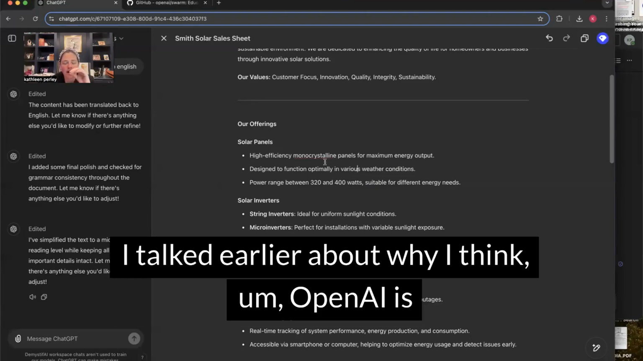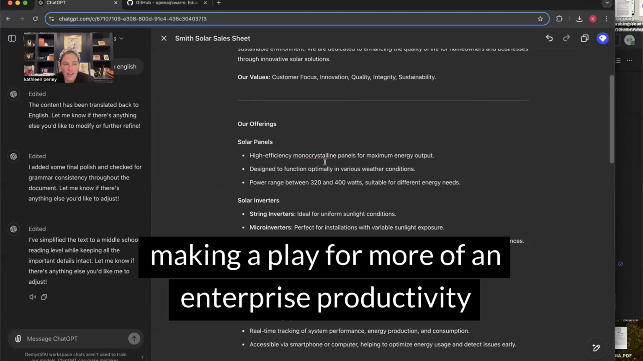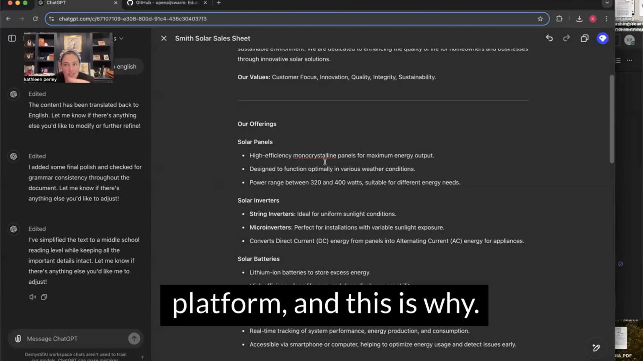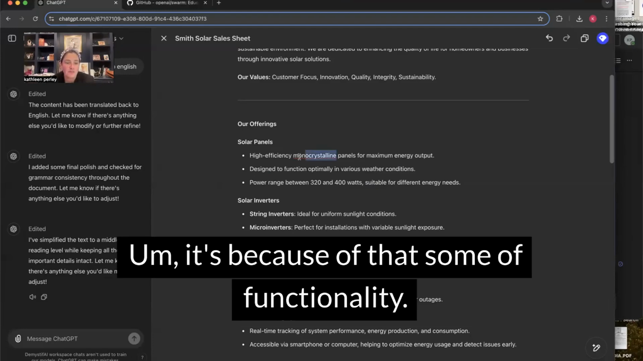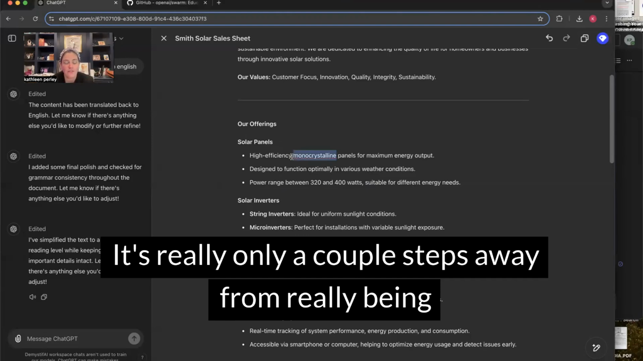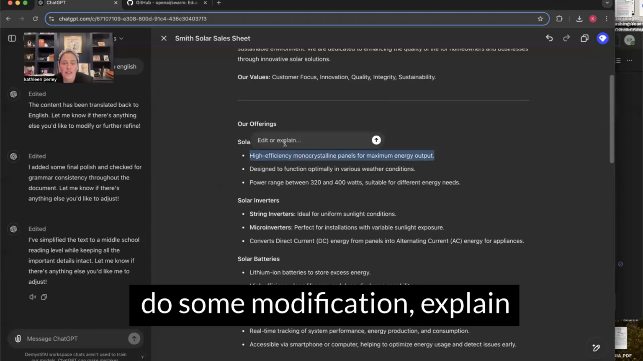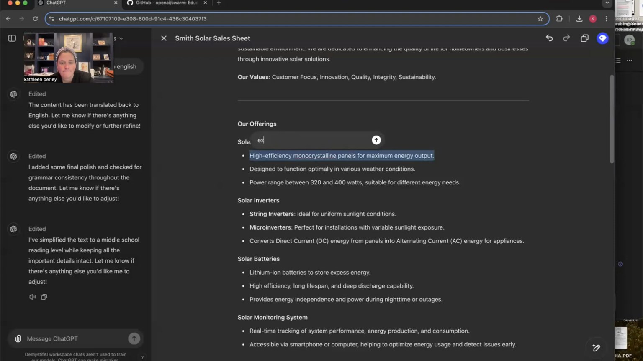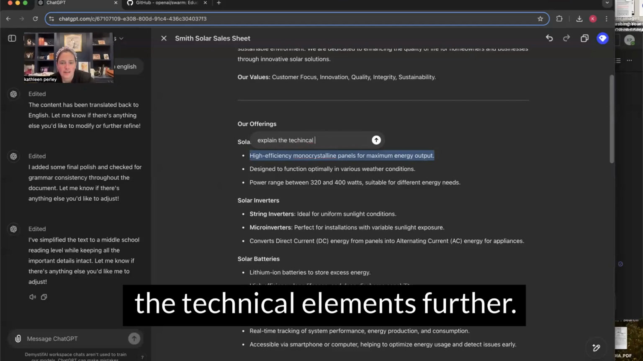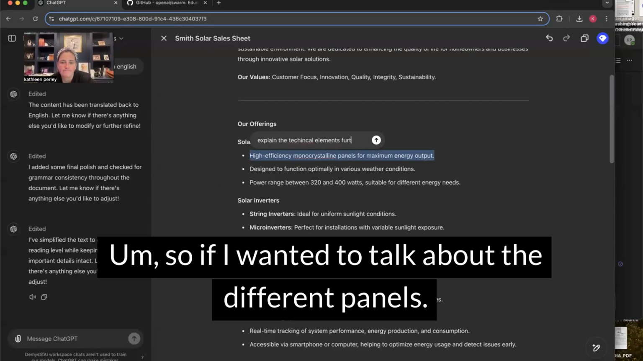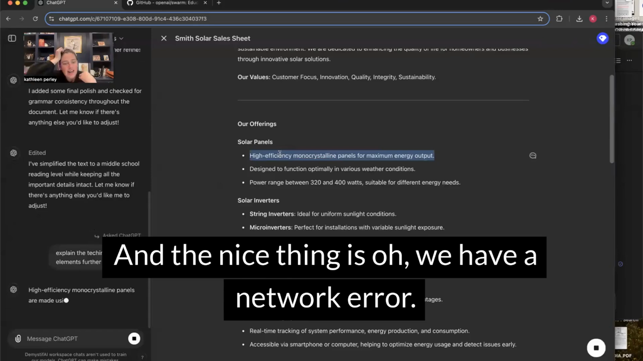I talked earlier about why I think OpenAI is making a play for more of an enterprise productivity platform, and this is why, because of some of this functionality. It's really only a couple steps away from being like a Google Docs or a Microsoft Word. You have the ability to do some modification, like explain the technical elements further. So if I wanted to talk about the different panels, and the nice thing is, oh,